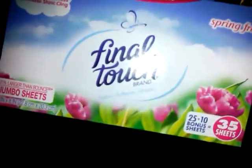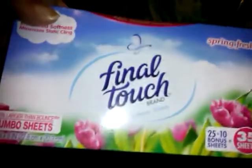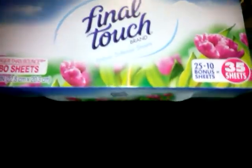I thought it was great to have because I've never even seen them in dryer sheets, not to mention at Dollar Tree. So I thought it would be great to have the softener and the dryer sheet be exactly the same. Alright, into